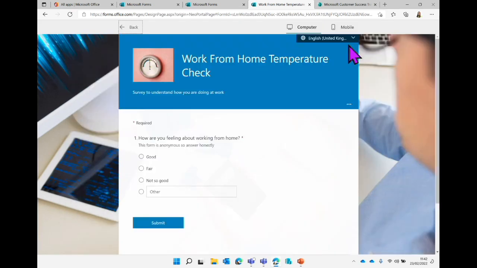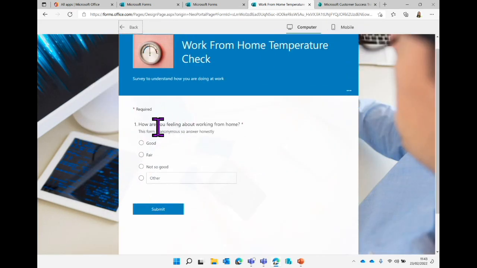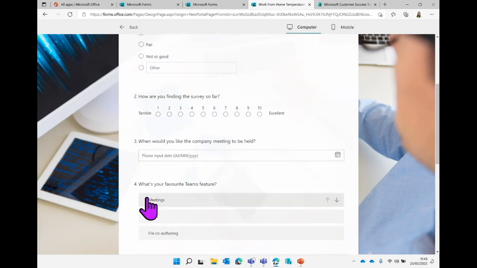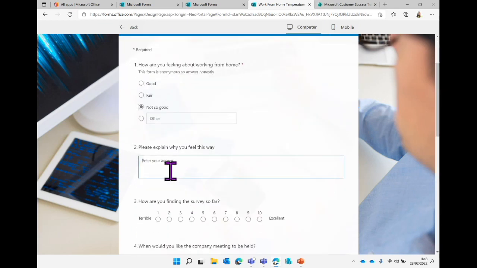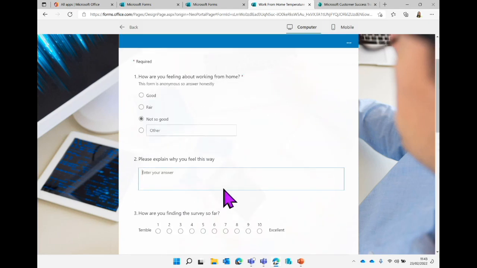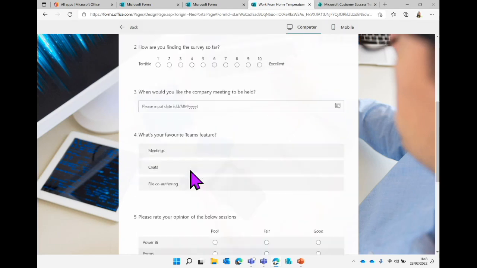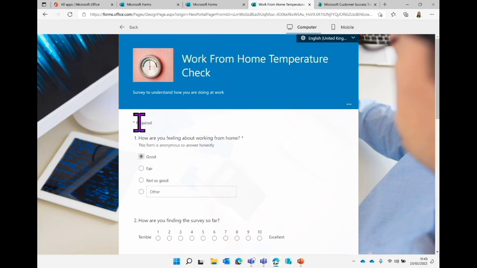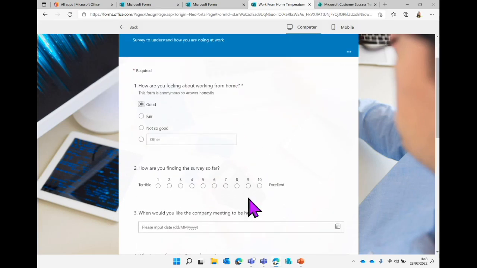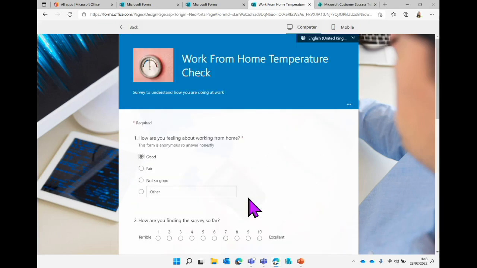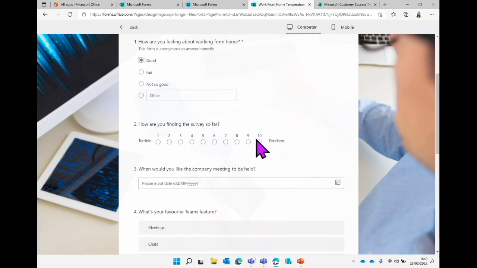We can also preview this. So if I hit preview, now we can see what this form looks like. So if I say good, we get the rest of the questions available. If I say not so good, I have to explain how I feel that way. And again, you can kind of see that branching in action as we go. Anything marked with an asterisk is also considered required. So you can see here, we only really need to fill in the first one if we want to submit. And then we can go ahead and